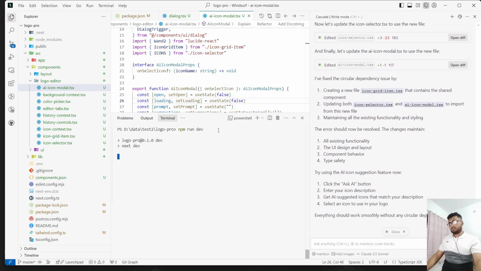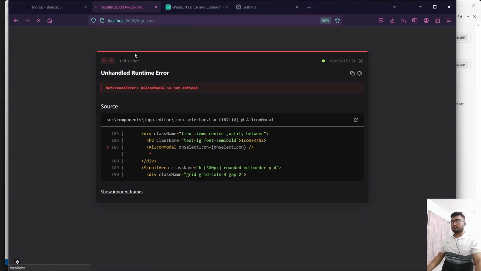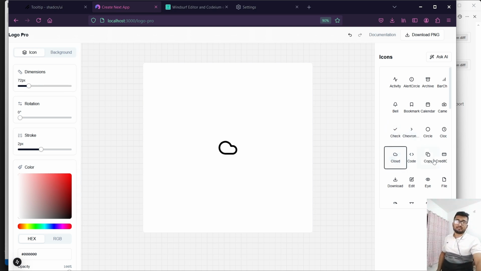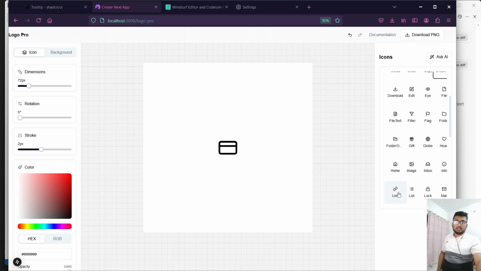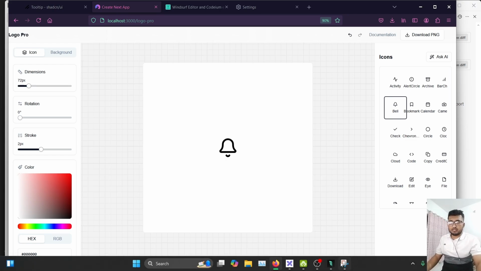All right, let's see. Okay, I think main functionality is working. Like, oh my god, it messed up. I think it messed up. Like, it's showing these things. Okay, let's just try to say that